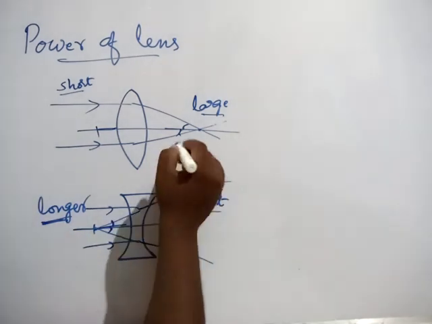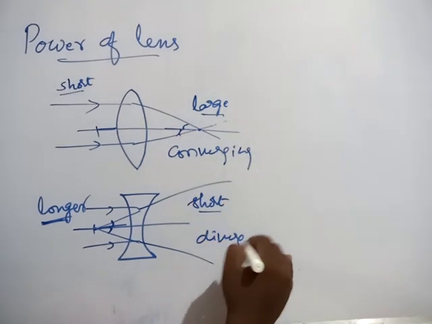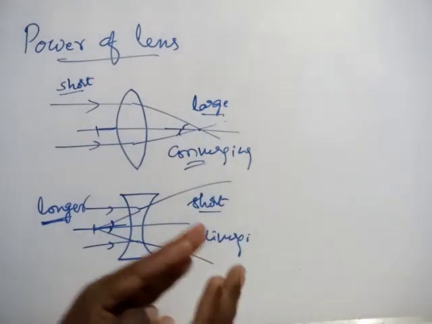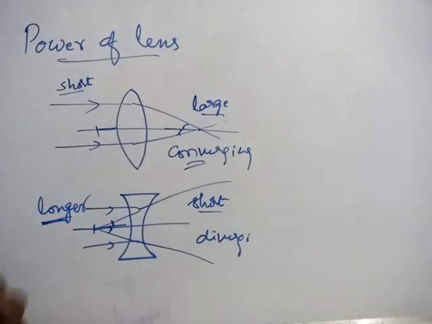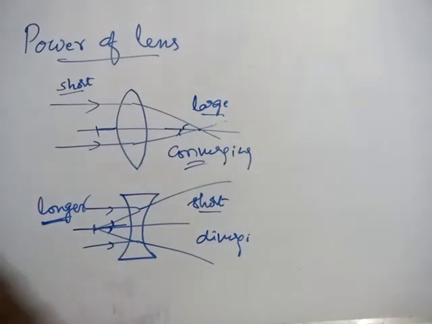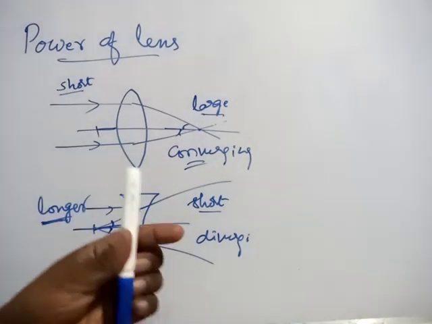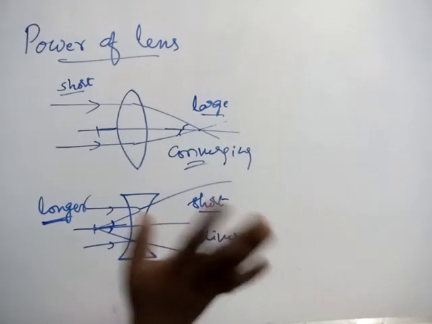This is what we call converging capacity and diverging capacity. How much converging or how much diverging is described in terms of power of the lens. For example, if you see an object very closely, it will be blurred, no? And if you see a distant object, our eyes will feel very relaxed. So to see a nearby object, seeing a distant object, we feel very comfortable. That is based on this converging capacity and diverging capacity only.